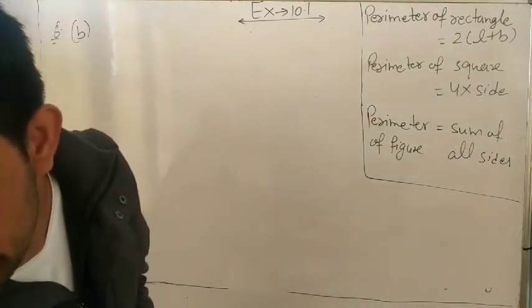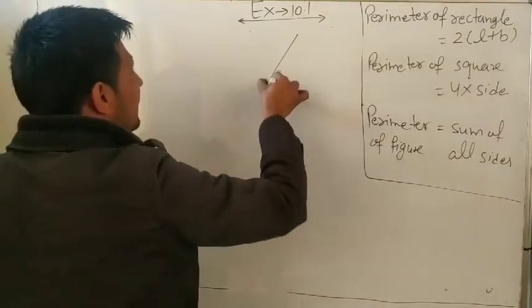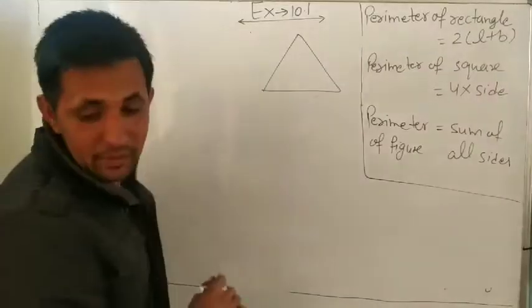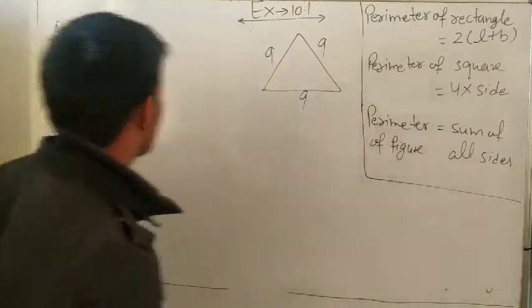Find the perimeter of each of the following shapes. An equilateral triangle. Equilateral means all sides are equal. An equilateral triangle of side 9, which means 9, 9, 9. Understand or not? You write